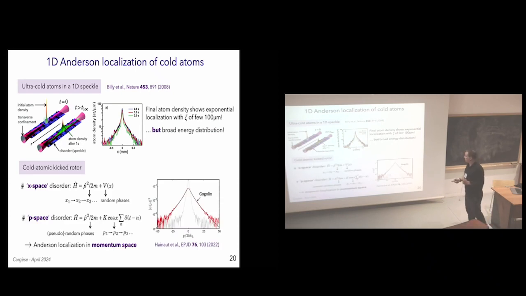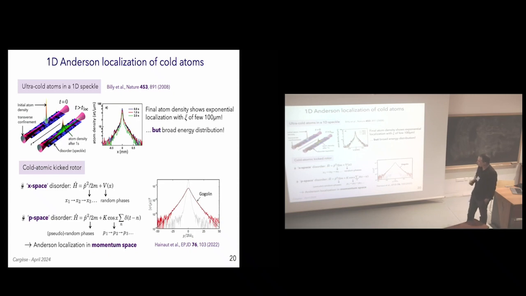In fact, the direct observation of the Gogolin distribution I mentioned before in 1D was only achieved recently in 2022 in the cold atom group of the PhLAM laboratory in Lille. So here you see experiments of density distribution compared with the Gogolin distribution. It works well. Here, however, they use a rather different system. They did not subject the atoms to a random potential. Rather, they use a temporal form of disorder, which is a system called the quantum kicked rotor.